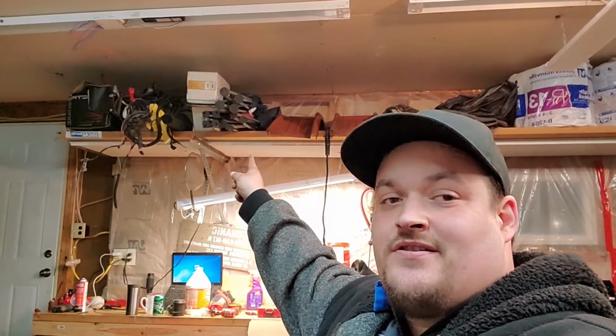Next step is the wife's car needs some TLC. So, 2010 Traverse. It's time for tires. Time for an alignment. Time for those control arms to be put in up back there. So